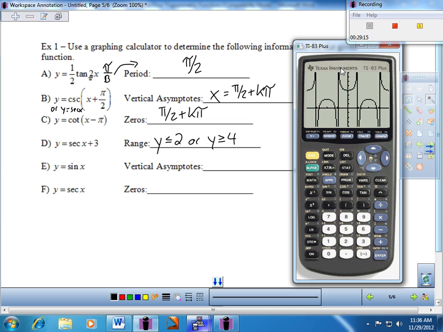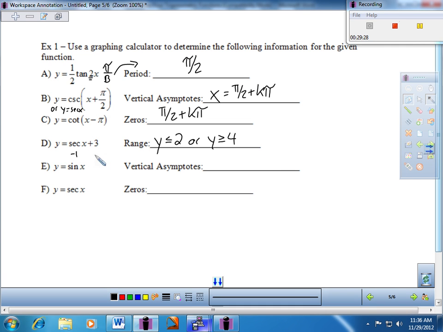So it basically took the -1, and again, don't write this on your paper. It took the -1 and the 1, and it shifted those up 3 units. So that same type of range. All right, let's do these last 2 rather in a hurry here, and then I can get to the last